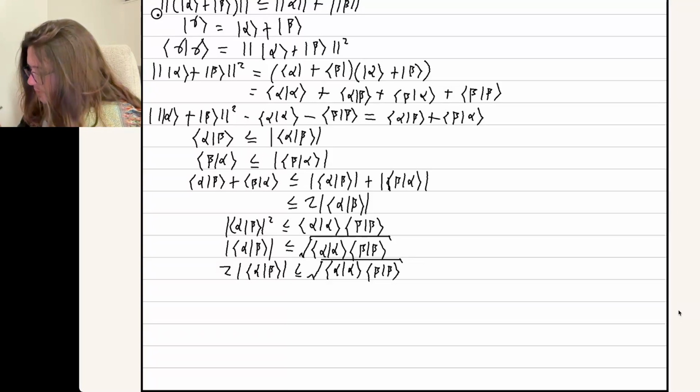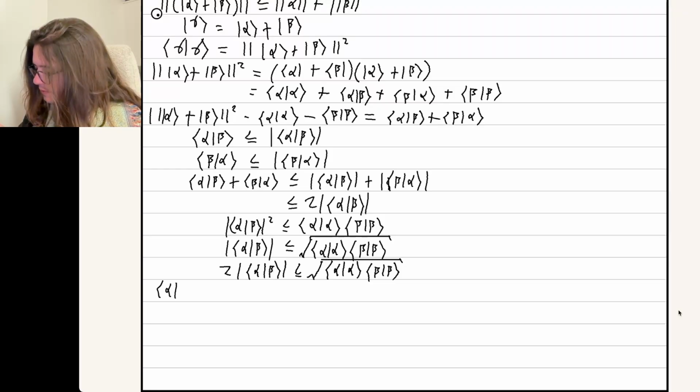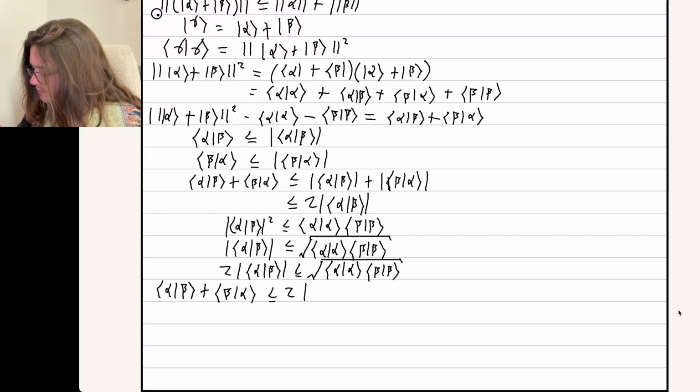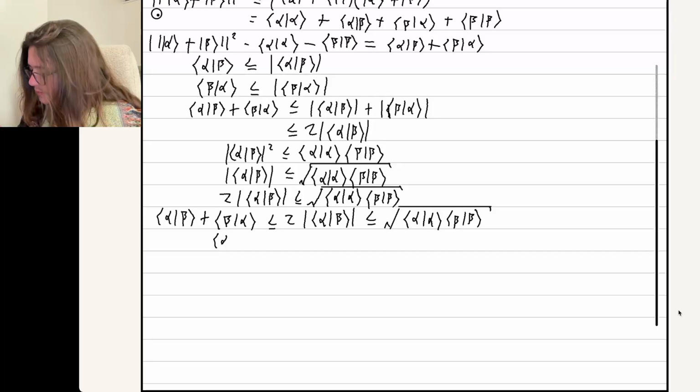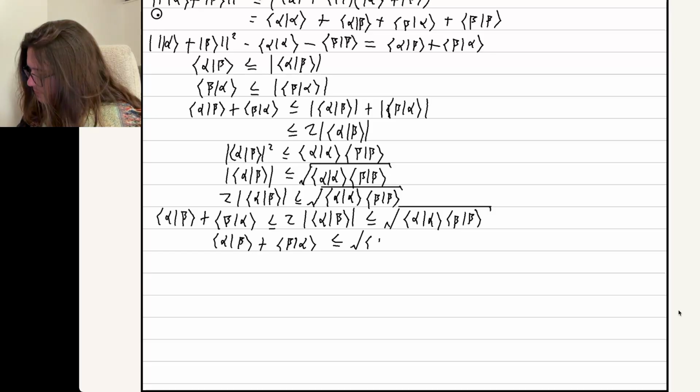So what we have now, to write the inequality in full, is that the inner product of alpha with beta plus the inner product of beta with alpha is less than or equal to 2 times the mod of alpha with beta, which now we know is less than or equal to 2 times the square root of alpha with alpha times the square root of beta with beta. So we'll just keep the leftmost part of the inequality, which will be less than or equal to the rightmost part. And then we're going to use that to go all the way back up here